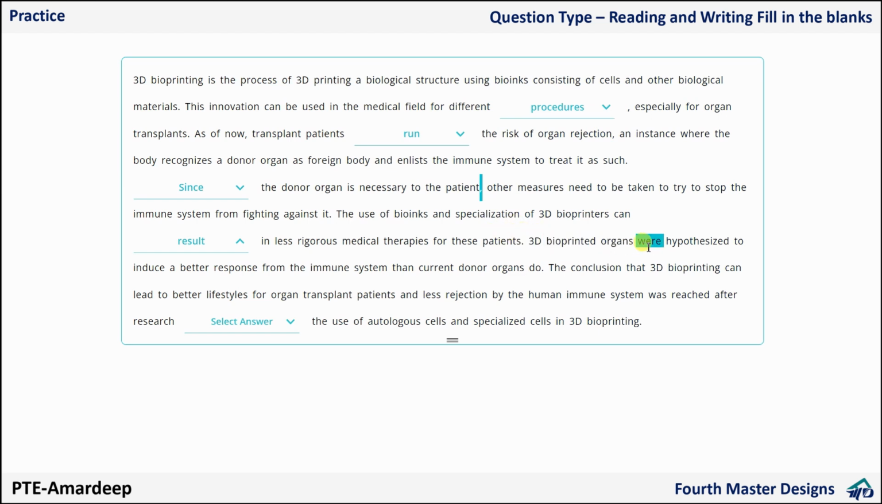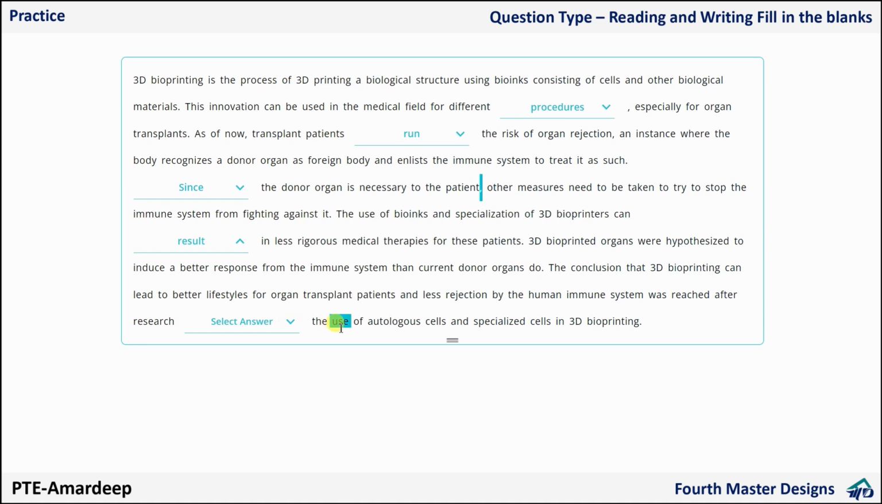3D bioprinted organs were hypothesized to induce a better response from the immune system than current donor organs do. The conclusion that 3D bioprinting can lead to better lifestyles for organ transplant patients and less rejection by the human immune system was reached